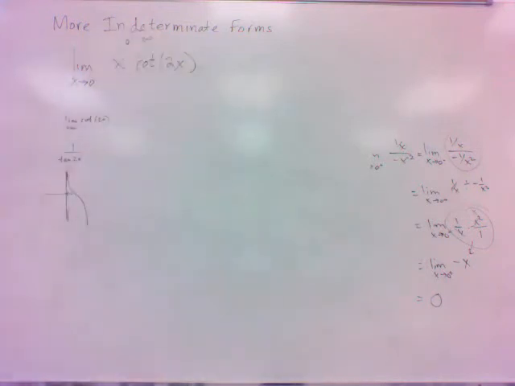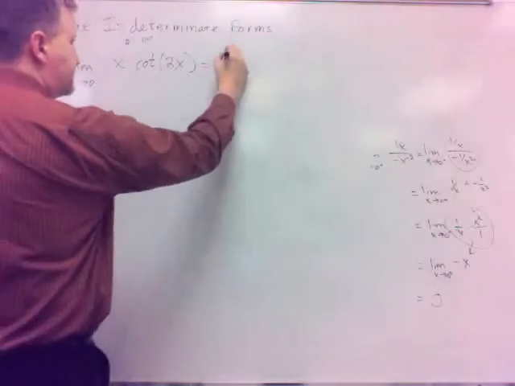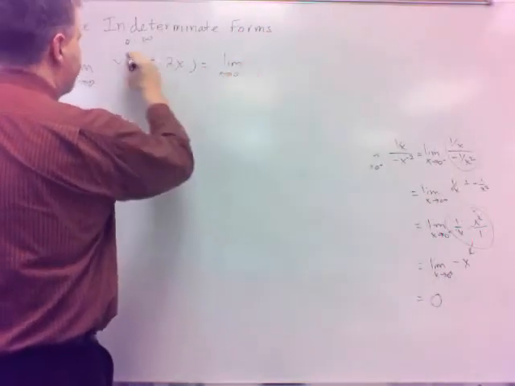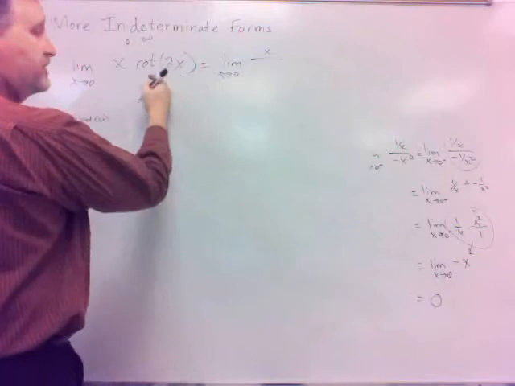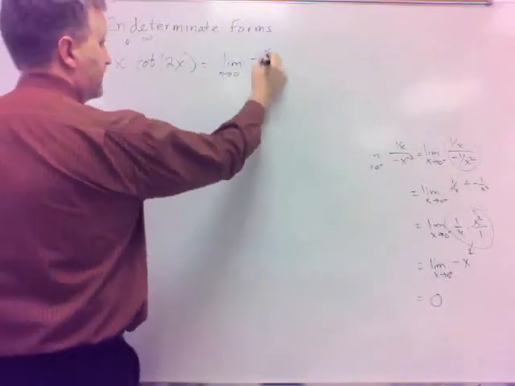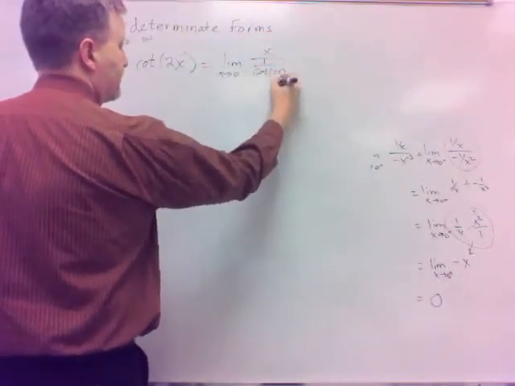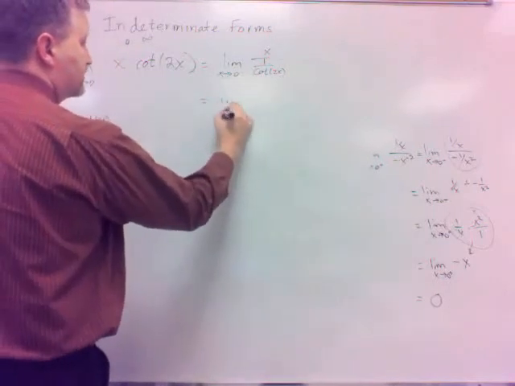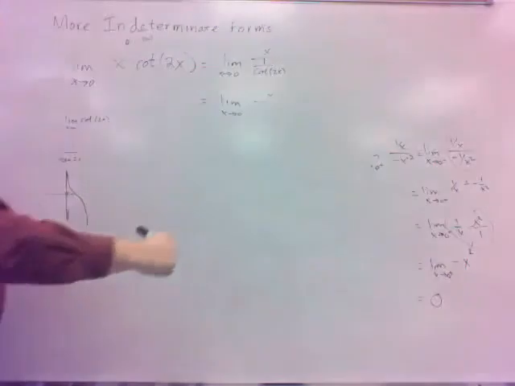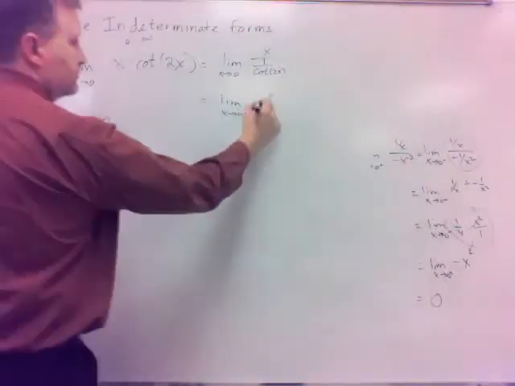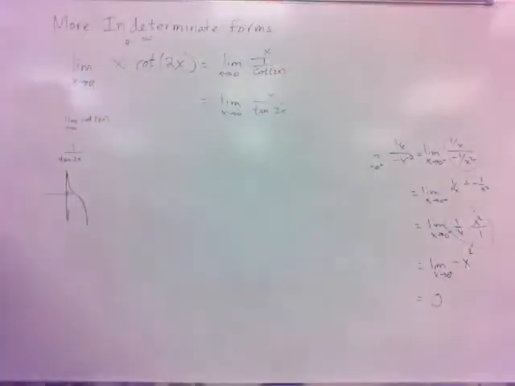So we do have a 0 times infinity. And so the trick is, whenever we have that 0 times infinity, to do the f over 1 over g thing, or vice versa, g over 1 over f. Which way do I want to go, you think? Well, let me just tell you here. Let's go the other way in this case. Let's leave this on top, so the bottom would be what? 1 over cotangent 2x. Which also works out pretty well, because 1 over cotangent, wouldn't that be tangent? Which is just kind of, if you think about it, just rewriting this anyway.